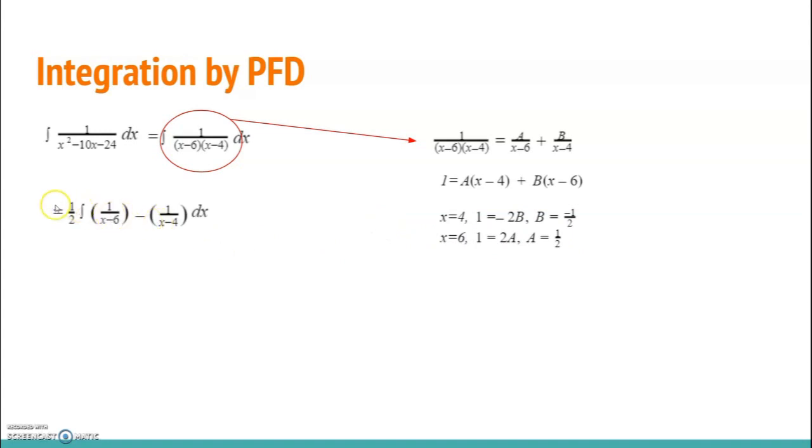And so by this, we're able to factor out a 1/2 and get that it equals the integral of 1 over x minus 6 minus 1 over x minus 4 dx. And then we're just able to use a simple u sub to get 1/2 times the natural log of x minus 6 minus the natural log of x minus 4. I'm sorry, the absolute value of x minus 6 and x minus 4, plus c. And then you're able to use log rules to get the natural log of x minus 6 over x minus